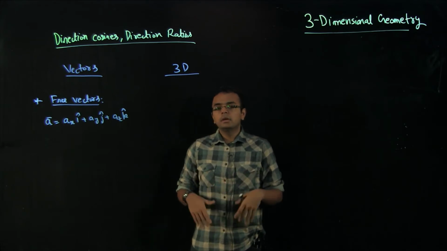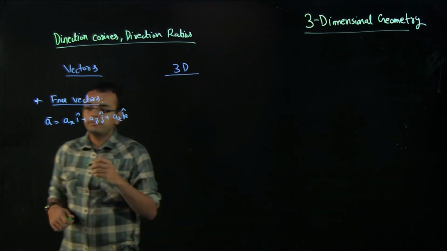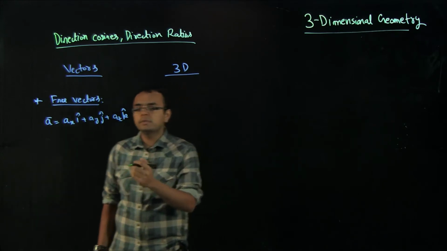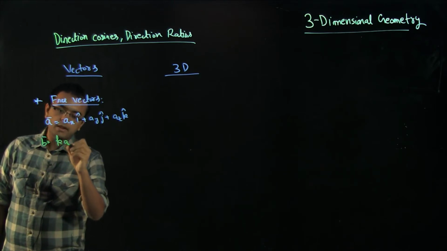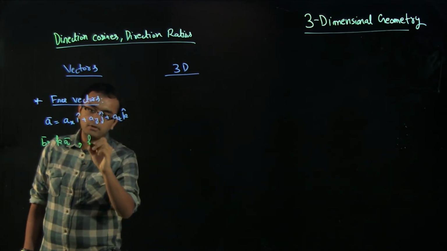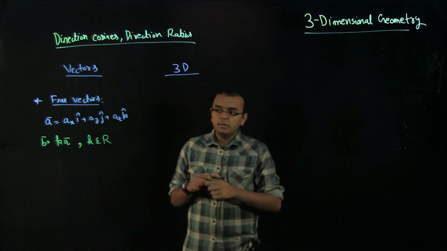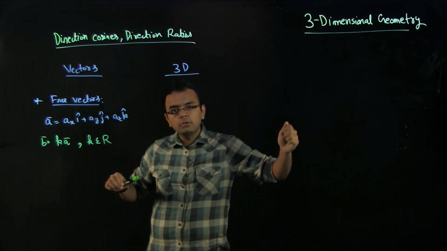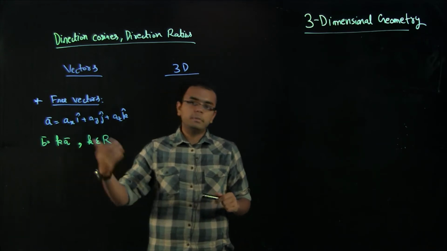In free vectors, there is also a concept of vectors parallel to this vector, which are, let's say, the B vector. B vector is a family of vectors which are parallel to A vector. Let me call this k times vector A, where k belongs to R. Then all the vectors B would basically have the same direction, but will be stretched out by some magnitude or compressed or something like that. But all the vectors which are k times A will be parallel to vector A.